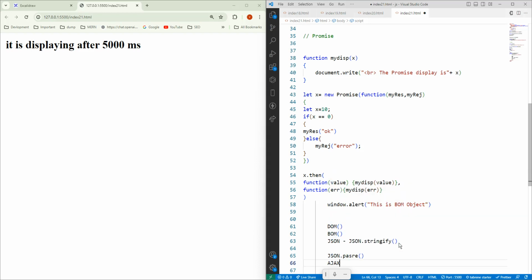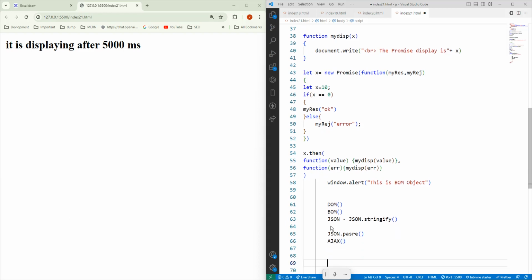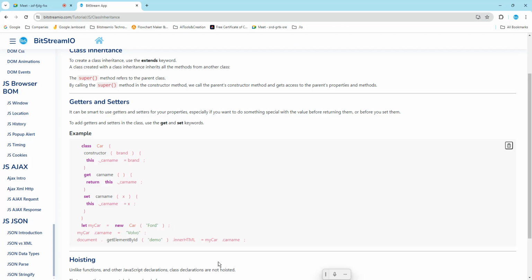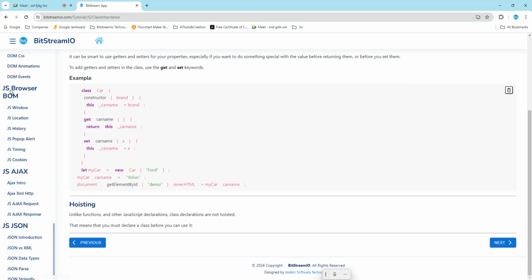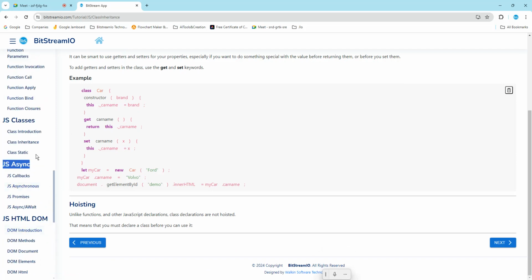If you want to learn, just refer to our website and you will get all the data. You no need to go for all those things because we have already covered what is JSON, what is Ajax, what is BOM, what is DOM. If you know this is async, this is where you will get all the answers. So today we have finished almost all of JavaScript. Tomorrow onwards we might